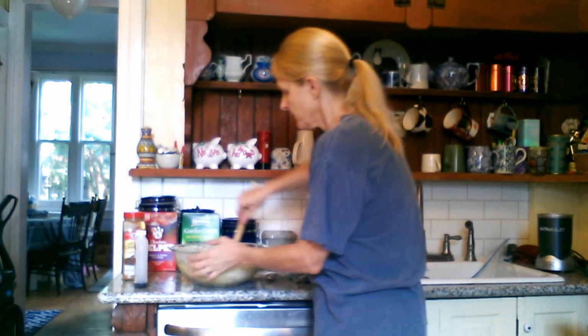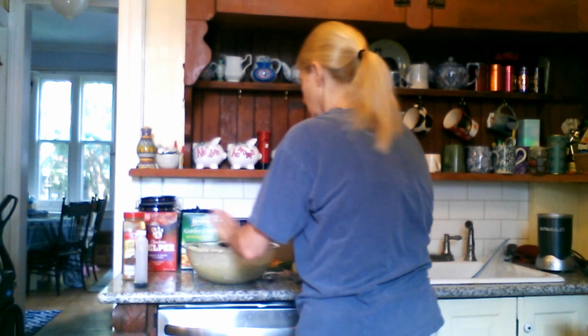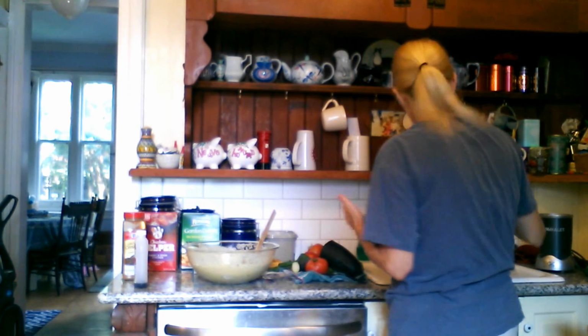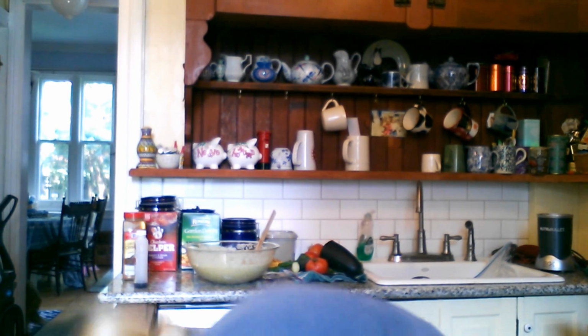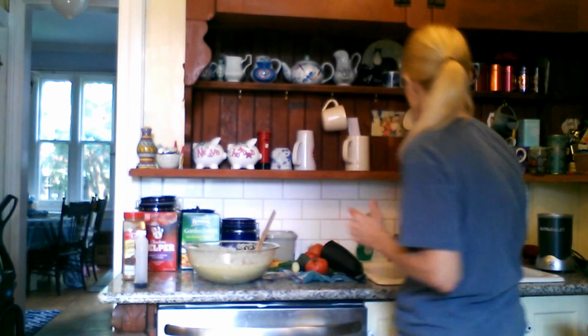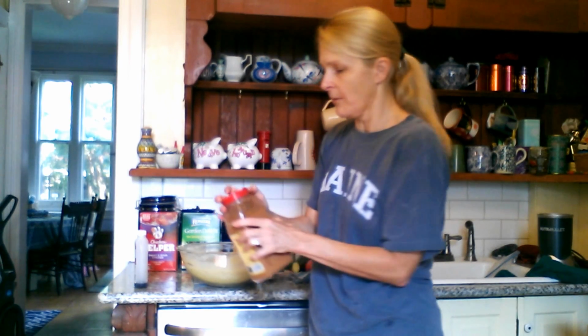Okay, so we're stirring up the zucchini. On the counter and on the floor. Okay, we're going to stir up the zucchini batter without spilling any more of it and put some cinnamon in, and then I'm going to grate this nutmeg. Alrighty, so that's getting mixed up quite nicely, and I'm going to put a whole bunch of cinnamon in